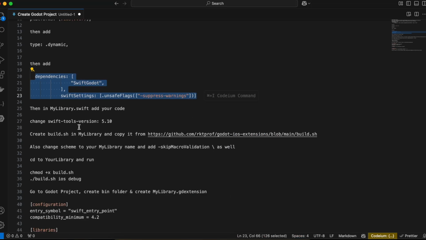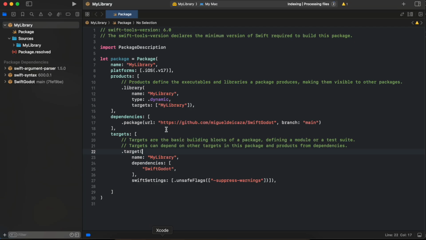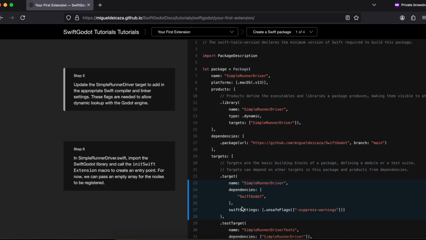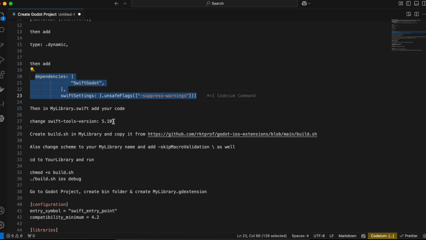Okay, then at the time of me recording this video, SwiftGodot does not support Swift version 6. But while creating the plugin, it uses Swift version 6, or it could be higher for you as well. So whenever you are watching this video, do check the SwiftGodot repository whether it supports Swift 6.0 and above, but currently it doesn't. So I will just change this to 5.10. Okay, again coming back over here, then